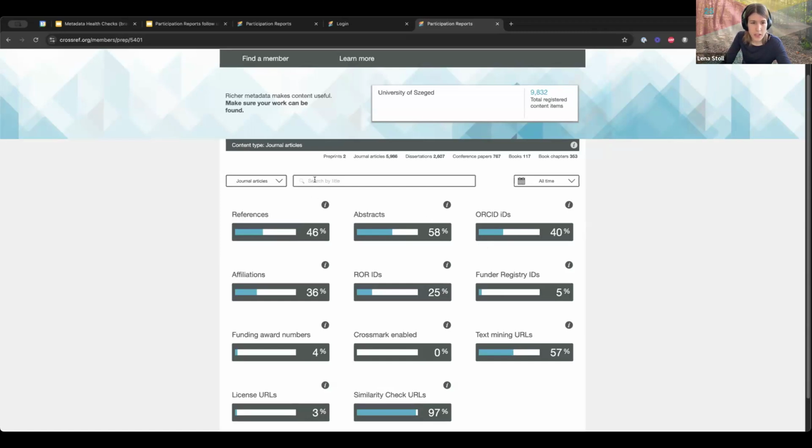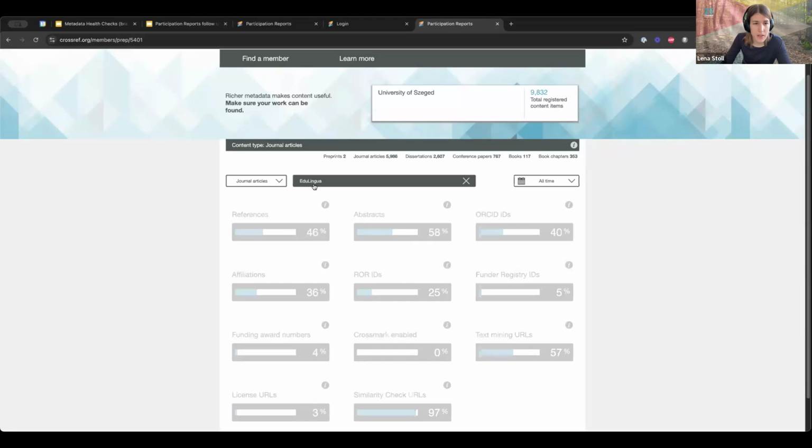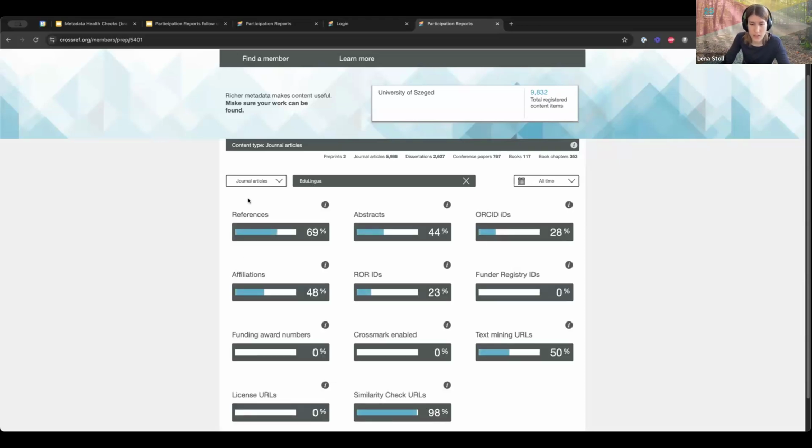And then lastly, if you're looking at journal articles, there is another search field here in the middle where you can search for a specific journal title and see the statistics just for that title, which might be interesting to some of you who are primarily interested in one journal. For technical reasons, you can only find journals here that have an ISSN and where the ISSN is registered with Crossref. But again, if I select an example here, this is a single journal title of this member, you can see the scores change down here, and they will show me just the statistics for this one journal.